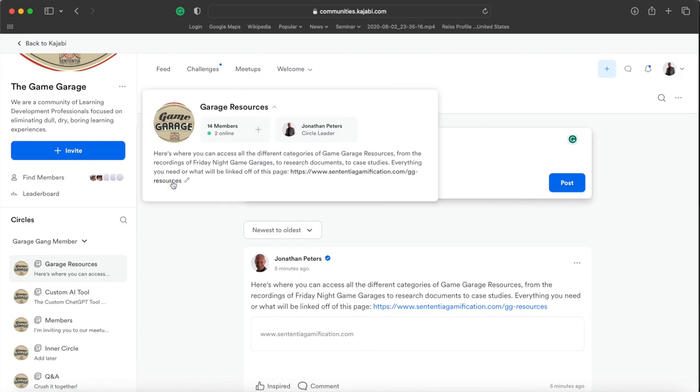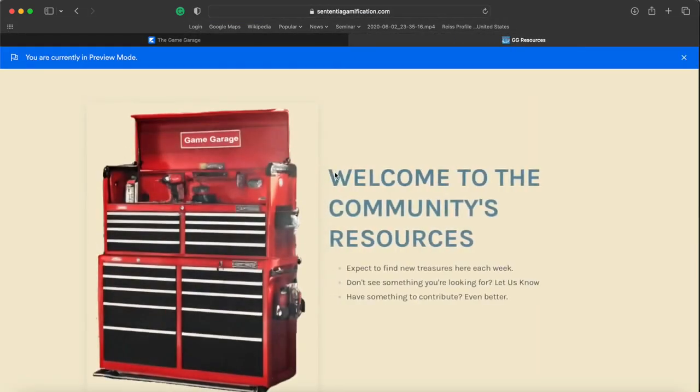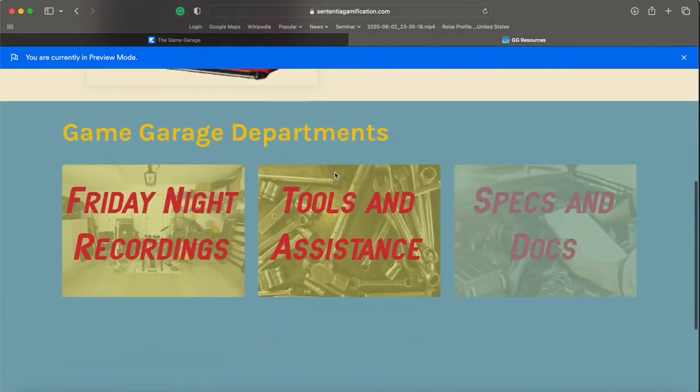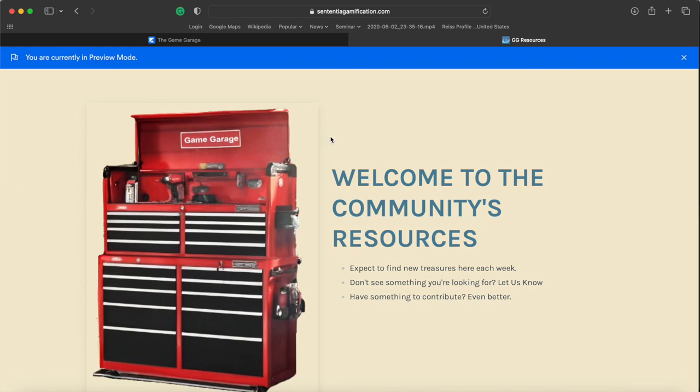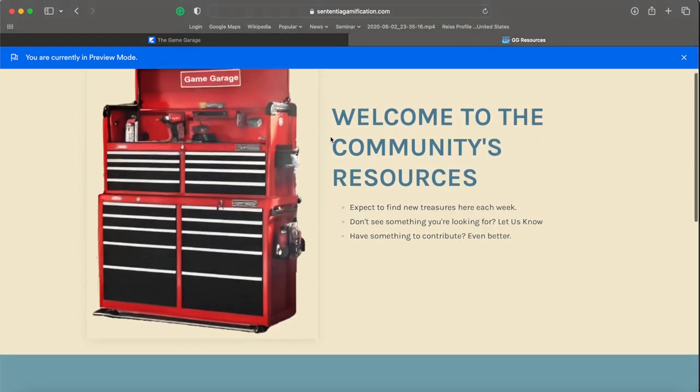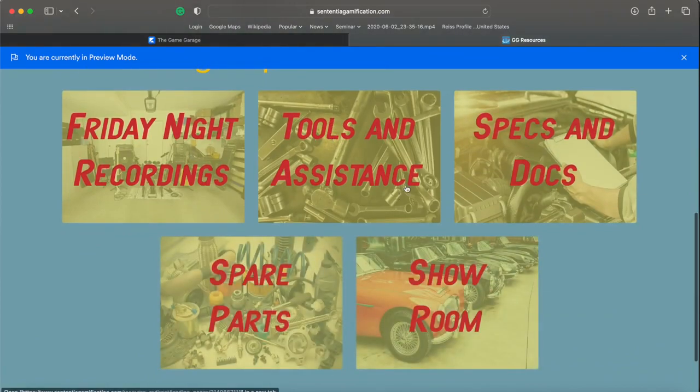You could click show more to see all of it, but there's the link there that will take you to this page where all the different resources are. And I'll pause here and switch back over to the previously recorded instructions for these 5 areas, these 5 departments, if you will.